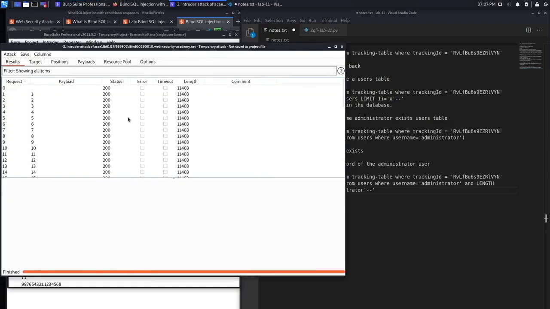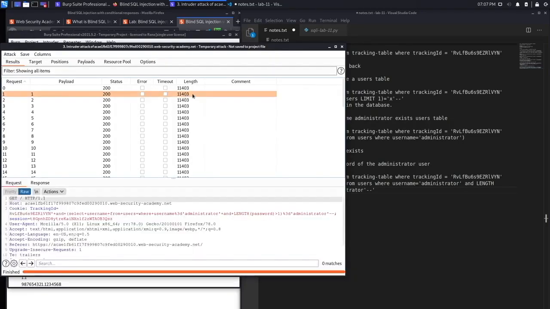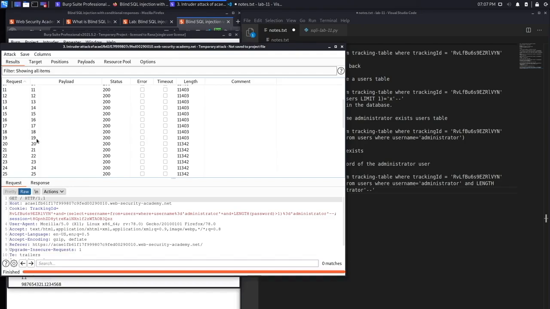Okay, so if you're working with the Community Edition, this will probably take much longer than the one I'm working with, because I'm working with the Professional Edition. All right, so notice over here that the length is 11403 for when you do get a welcome back message. So in this case, we said is the password bigger than 1, and we got this length. And then we said is the password bigger than 2, we still got the same length, and so on until we reach